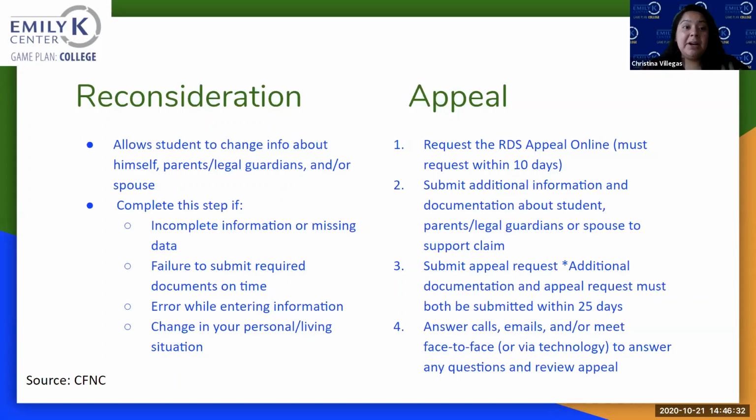So that can be done right after you submit that initial application. An appeal is when you get your decision. So say they say that you are out of state and you want to appeal that because that's not right, you are in state, you can request an appeal, and it must be done within 10 days of you submitting your application. At this point, when you appeal, pretty much you're saying, my status that you gave me in out of state is not correct, and I will submit supporting documents to prove that I am an